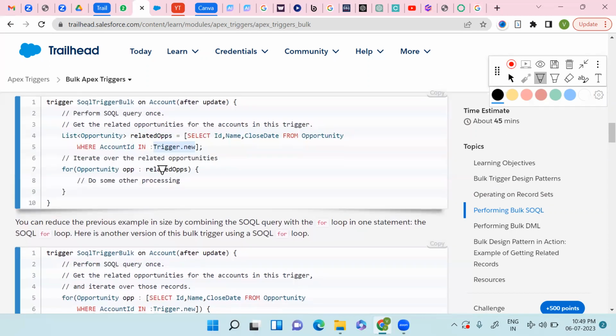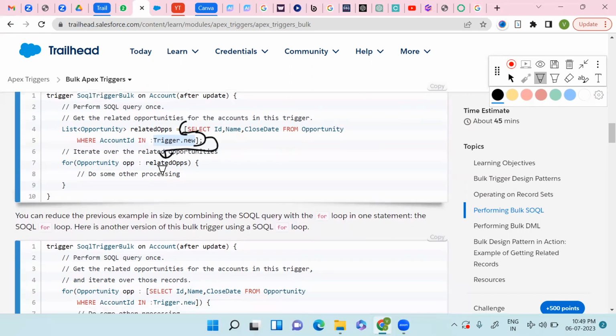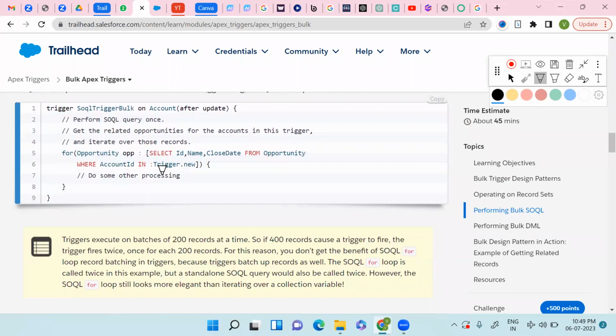What it just did is paste this whole query into this for loop here. In the for loop itself, it pastes the query: select ID, name, close it, opportunity, account ID, and trigger.new. So you can do this in this manner. What happens now? What happens in this? Let's suppose